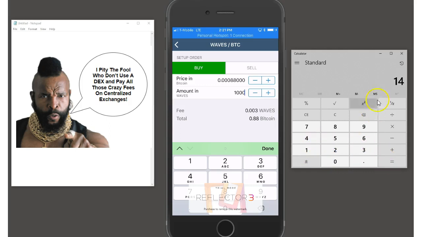Yep. That would have cost me $14. So $14 versus 4 cents. On Binance, it would have been probably, I believe, half of that. So it might have cost me $7 or maybe even a third or a fourth of that. But it would have still cost $3